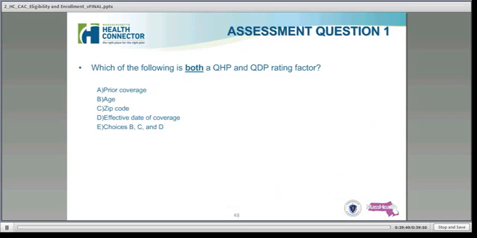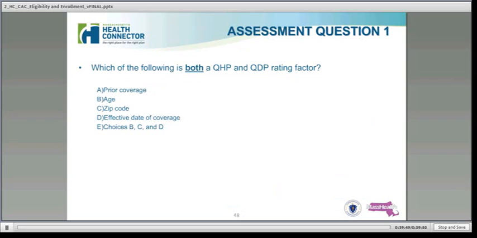The applicant would electronically sign the enrollment forms and the terms and conditions by clicking agree on a confirmation such as "I agree." Again, for the qualified health plan and also for the qualified dental plan, but note that online enrollment will not be available for the qualified dental plans on October 1st, but will be available in the coming months. Again, just as you know, there's so much going into the system to build it to be ready for October 1st, but that functionality will be coming in at a later point.